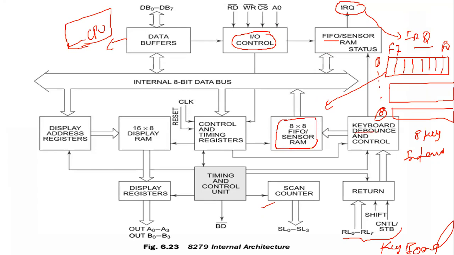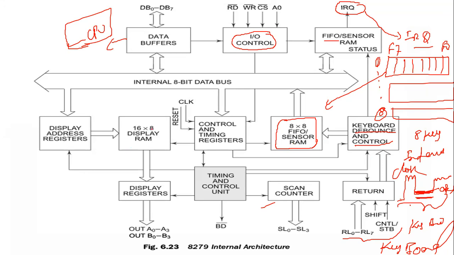You know what the key debounce problem is. Whenever you press a key, after some time it settles down, and then you release the key. This is the close, this is the open, and this is the read time. So this is the key bounce case. The springing action produces the key bounce, so it will wait for some time before taking this information into the sensor.